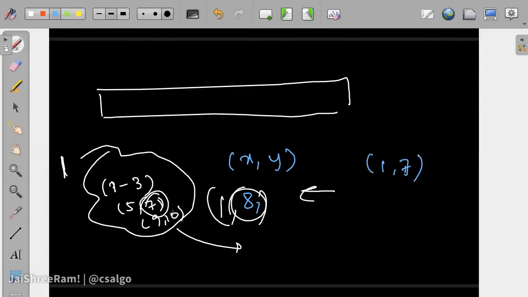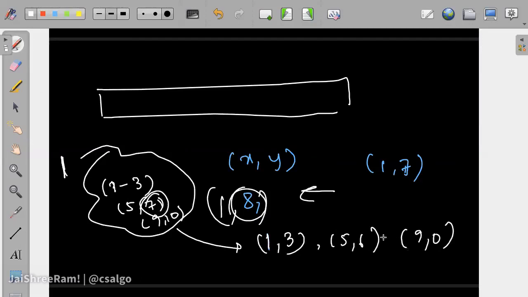Okay, and this 7 needs to get removed from this row set, because it is going to get deleted now, right? So you will have to erase this element from the multiset and insert a new element, which is 5,6, and then 9,10.